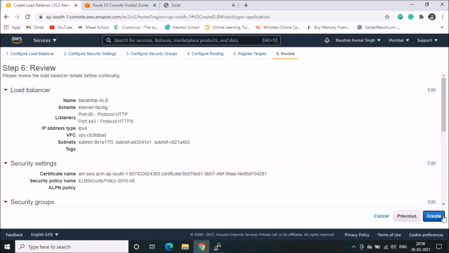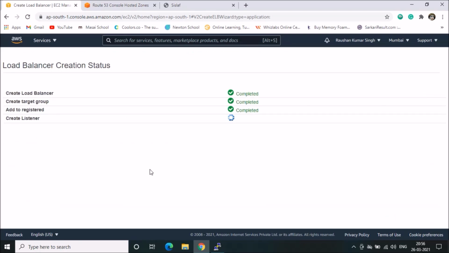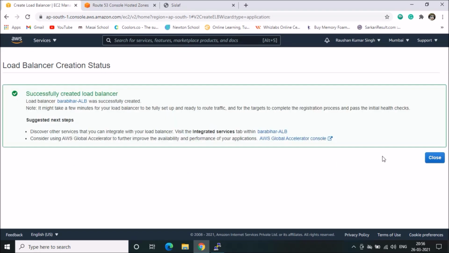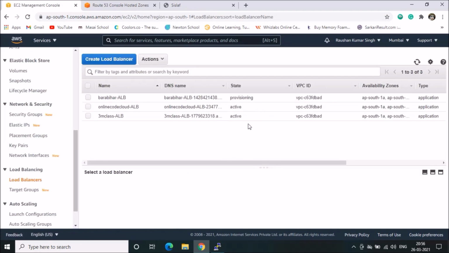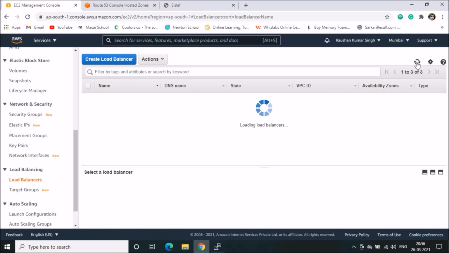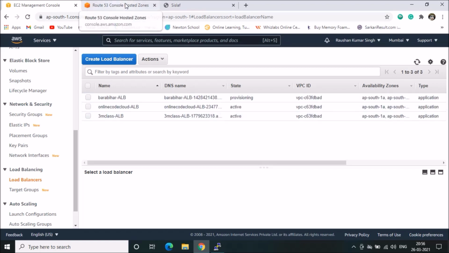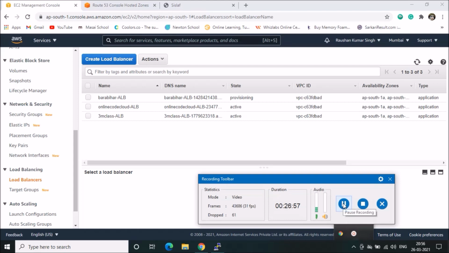Then click on next. So it is creating the load balancer. It is provisioning now, so it will take some time. Once it becomes active, at that time we need to add the load balancer entry.